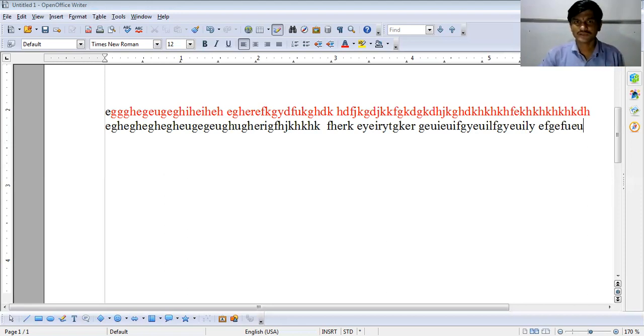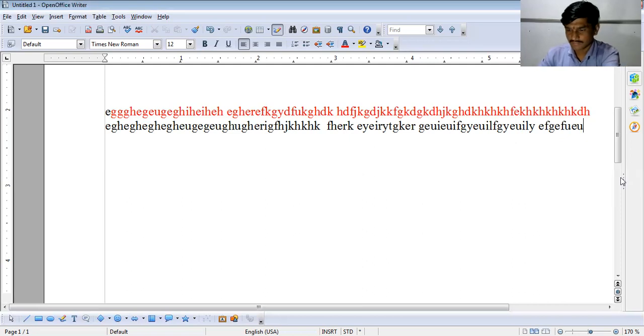Now the steps to use the thesaurus from MS Word or Writer. Select the word for which you want to find synonyms or antonyms. Then I will show you this in Writer.